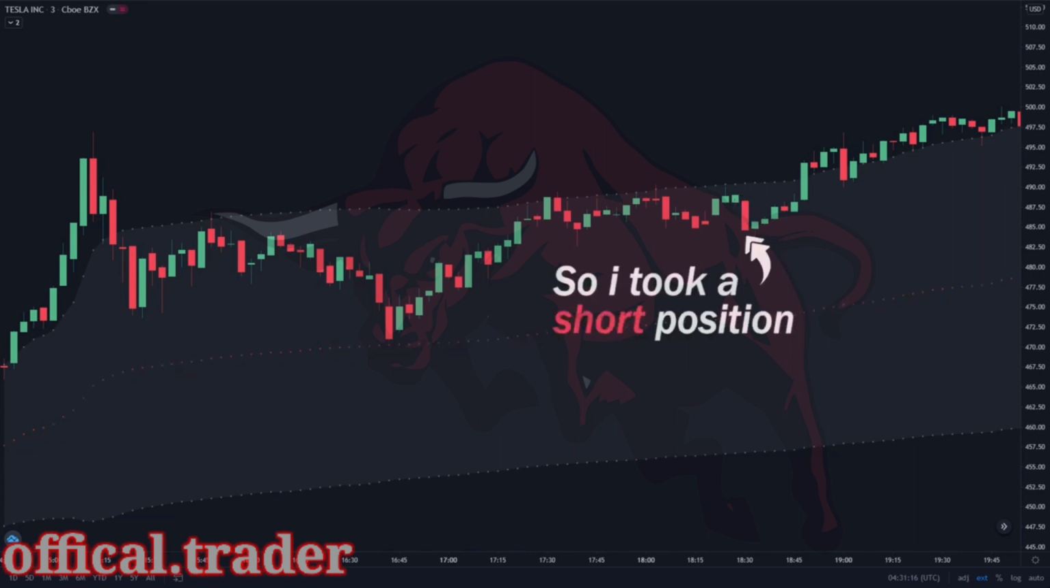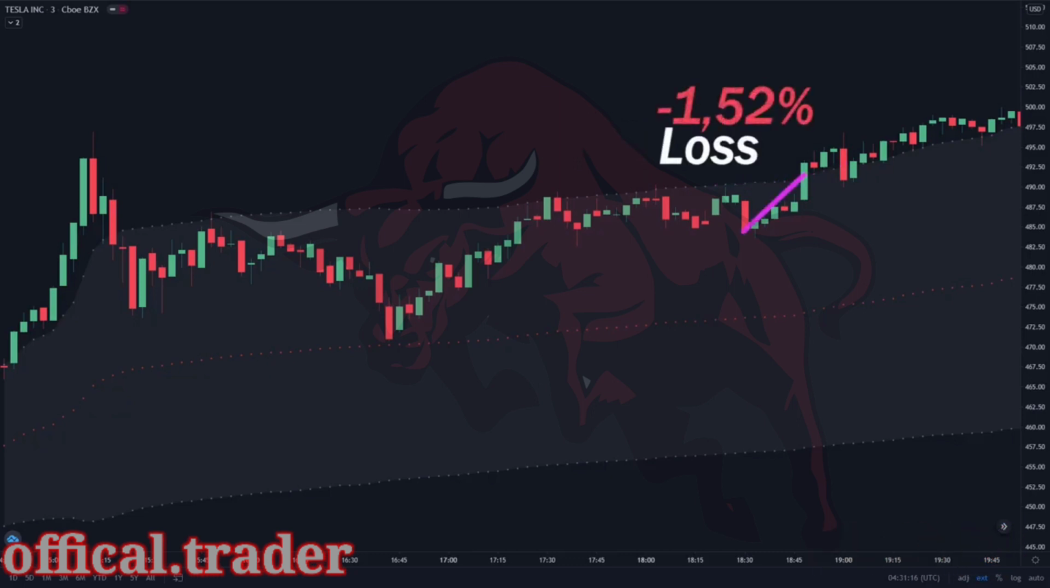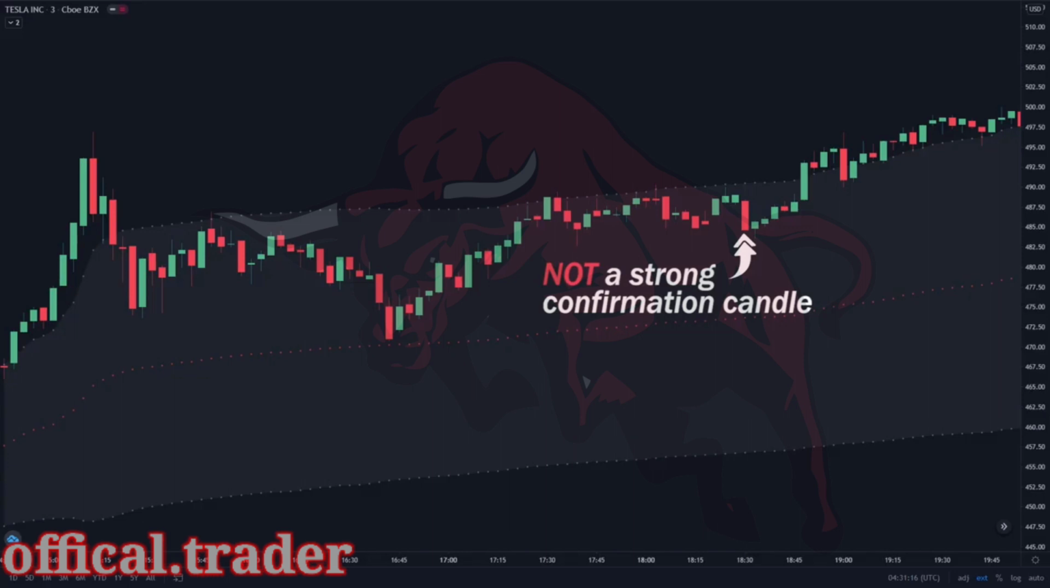So I rushed into a short position here without thinking much because I was overconfident. That resulted in me hitting the stop loss at resistance, which resulted in a 1.52% loss. In hindsight, I should have known that this candle here isn't a strong confirmation candle. I should have waited for a bigger candle or for the price to display a clean downwards movement before entering